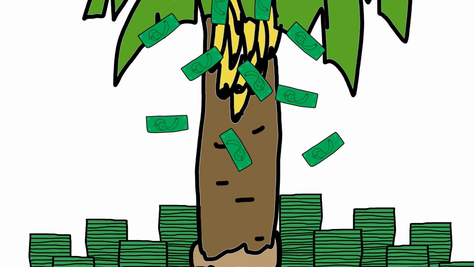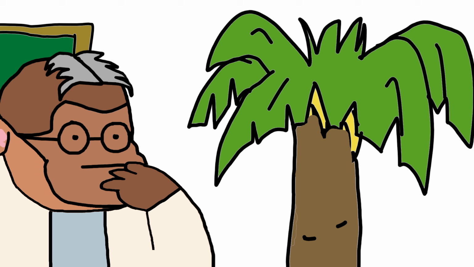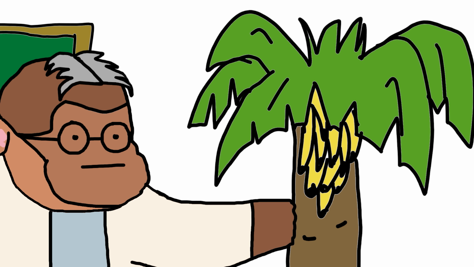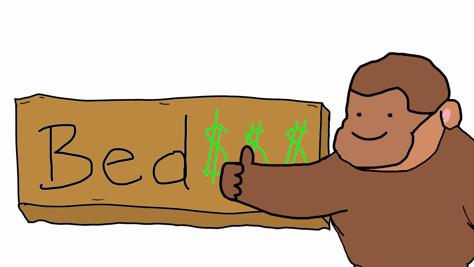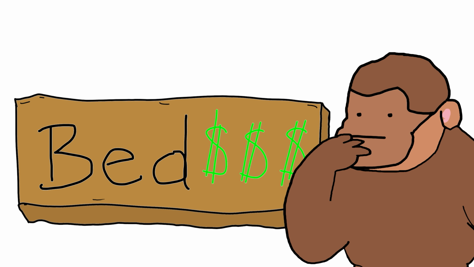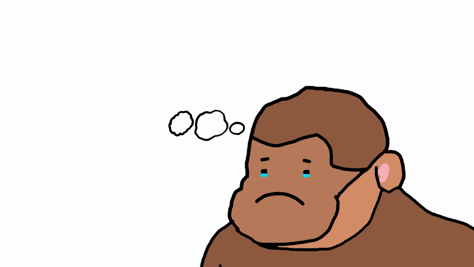An asset generates simio dollars. A liability consumes them. That's simple. A banana tree is an asset. Every week it gives new bananas. The bananas can be traded for simio dollars. An inflatable bed that's only used once is a liability. It produces nothing. It only takes up space and costs many simio dollars.